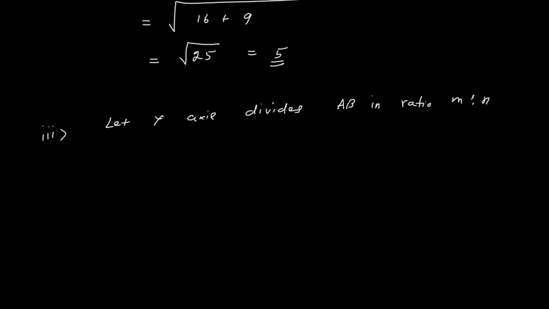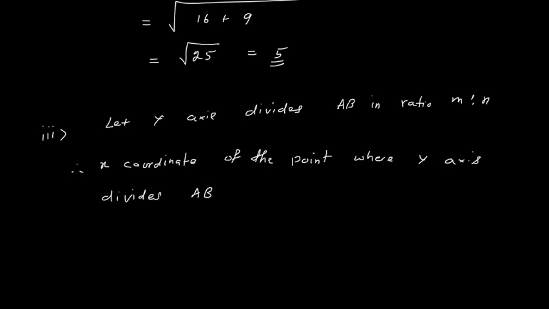So therefore, the x coordinate of the point where the y axis divides AB is equal to (m into x2 plus n into x1) upon (m plus n), and we know that this x coordinate is 0. So 0 is equal to